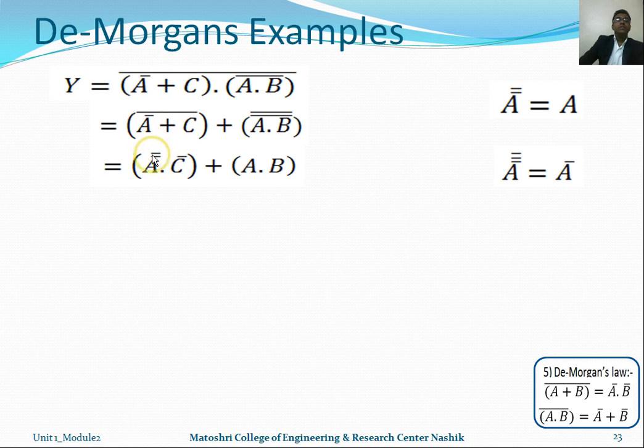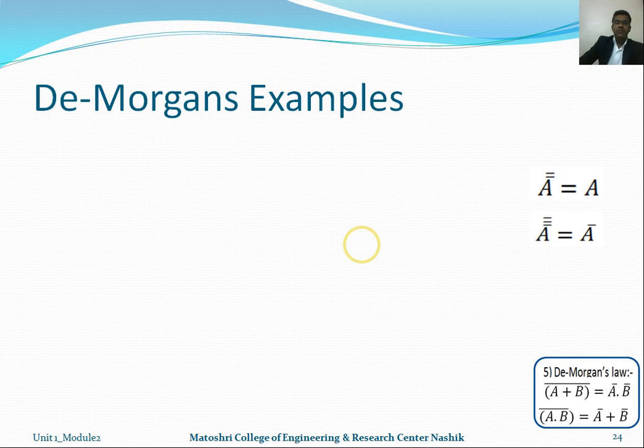After breaking the whole complement, A becomes double complemented, ANDed with C single complemented, and ORed with AB. That double complement is nothing but A, and the single complement stays as it is, and we get the output of this De Morgan example. So this complicated Boolean algebra expression we simplify like this using De Morgan's theorem. Whenever there is a whole complement, use De Morgan's theorem and simplify the Boolean algebra expressions.